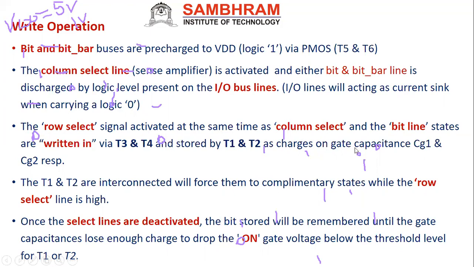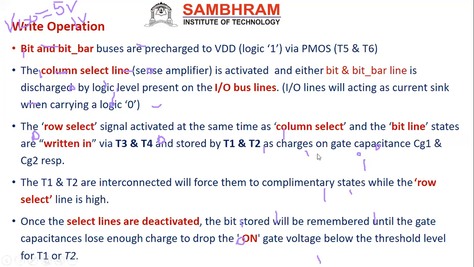Automatically, the two capacitors are connected, as we studied previously in the one-transistor dynamic cell. There will be a difference of voltage between the two capacitors, so your output capacitor voltage will go down. Instead of the complete full value, it will go down. Your sense amplifier will sense that, then it will signal whether the value is high or low. That is what your sense amplifier will do. It will sense the value, compare it with the difference voltage, then give the value.